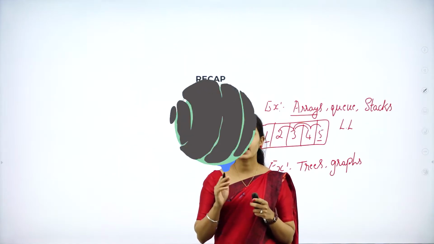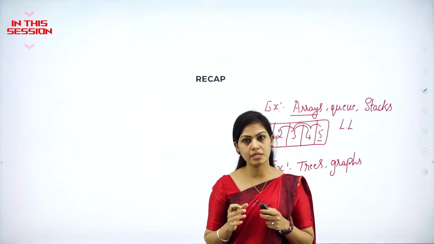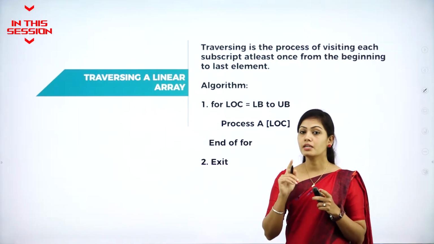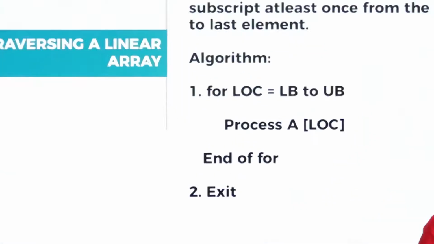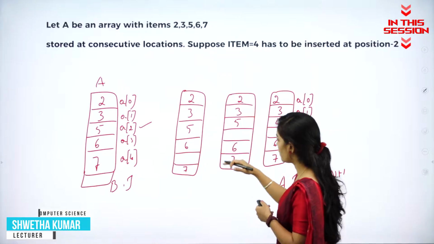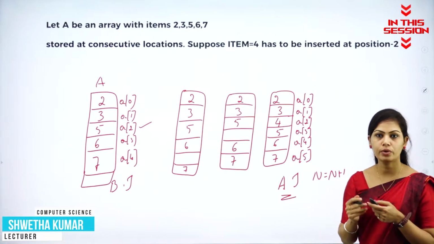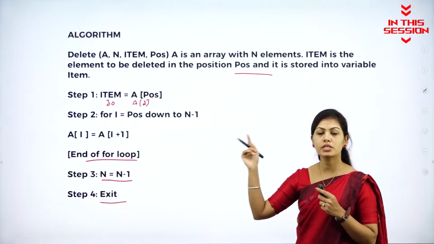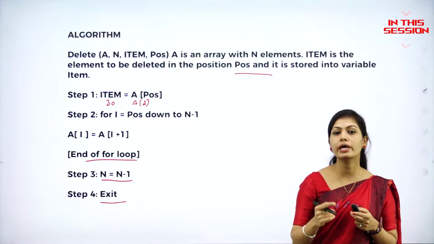An array is a collection of data elements and is a collection of variables traversing in a linear array. So what do you mean by traversing? Visiting each element of the array exactly once. In every step we have to move back. You will get one new position for allocating a new item. This is called insertion operation. Deletion operation and inserting operation. Inserting means inserting a new element into the array.